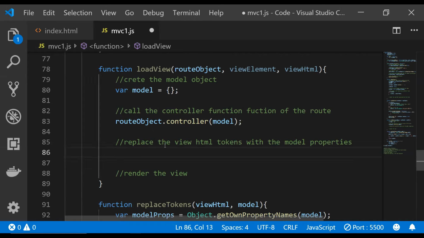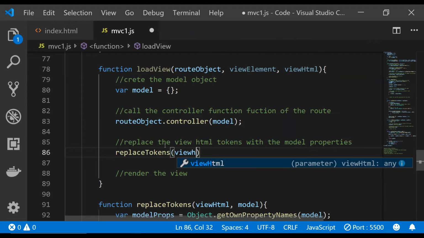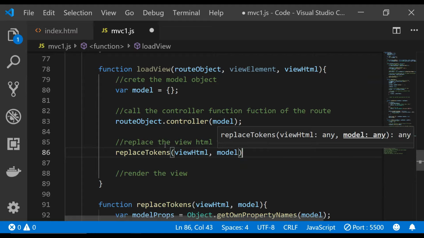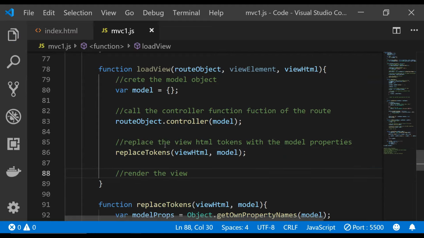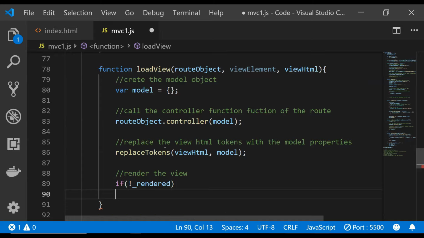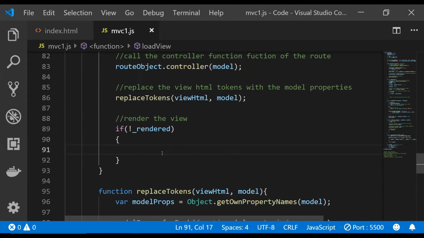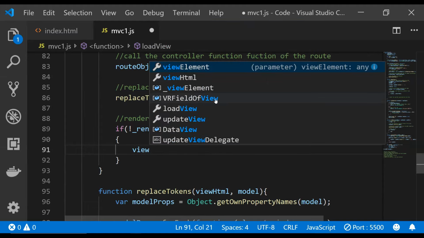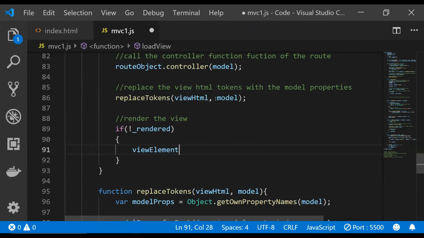Now we will simply call these functions over here, replace tokens, and then we will provide the view HTML and the model arguments. Now it's time to render the view. So what we will do is we will first check if the underscore rendered flag is false, because if the view has already been rendered, then we don't have to render it again by replacing the view element's contents with the view HTML. If it is not rendered, then we will simply replace the view element's